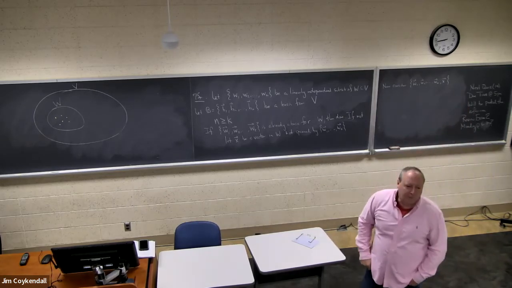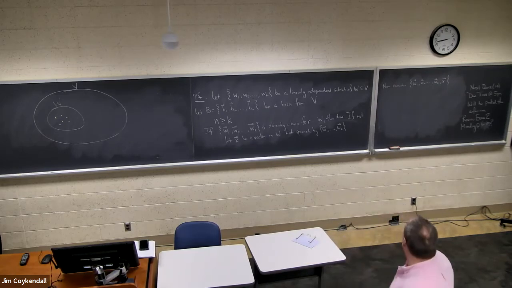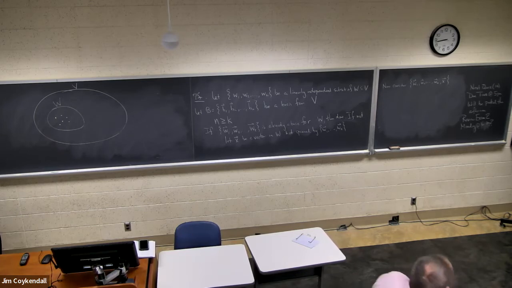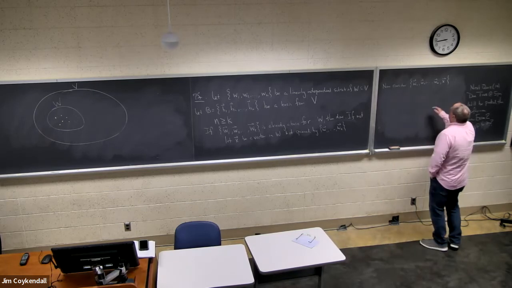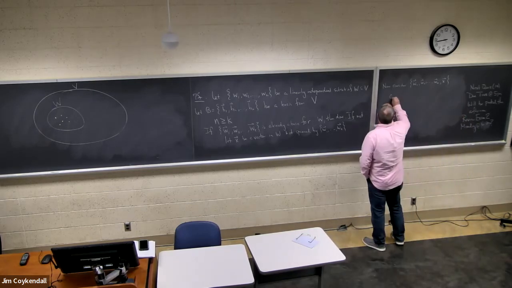And this must be a larger linearly independent set. Anybody explain why it's linearly independent? Because X is not a combination of the others. That's exactly right. Because if we write down